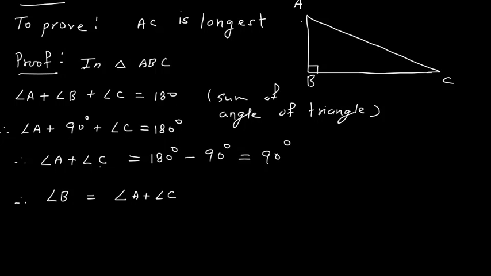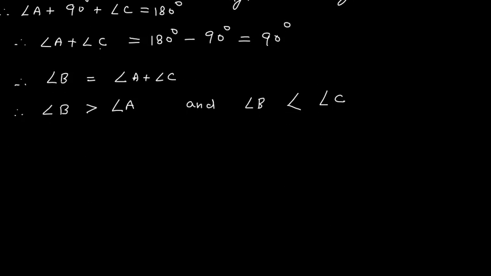Now as angle B is angle A plus angle C, therefore I can say that this angle B is greater than angle A and angle B is greater than angle C. Now when I say angle B is greater than angle A, therefore the opposite side of B, which is AC, is greater than the opposite side of angle A, that is BC. So AC is greater than BC